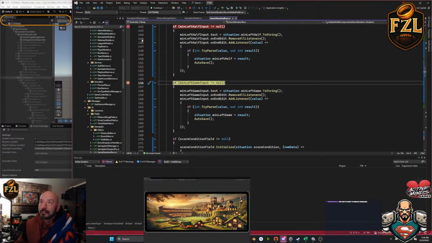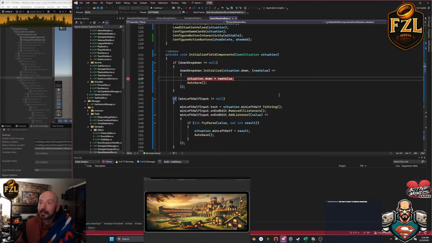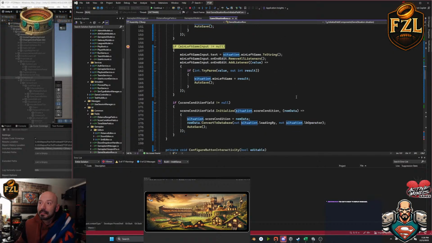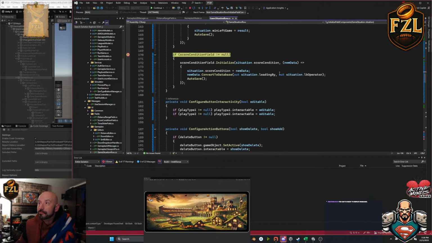Okay. Well, that's not it, like I thought. Well, at least not that one. I mean, it might not be breaking on every row. Well, yeah, it has to be breaking on every row, or I'd have a half-loaded thing. It's just breaking on one. All right, so I think it's this one. If it's one, it's going to be the score. All right, score condition field. Initialize situation score condition. See, I really think this is going to be it. But I could be wrong, but I think it's